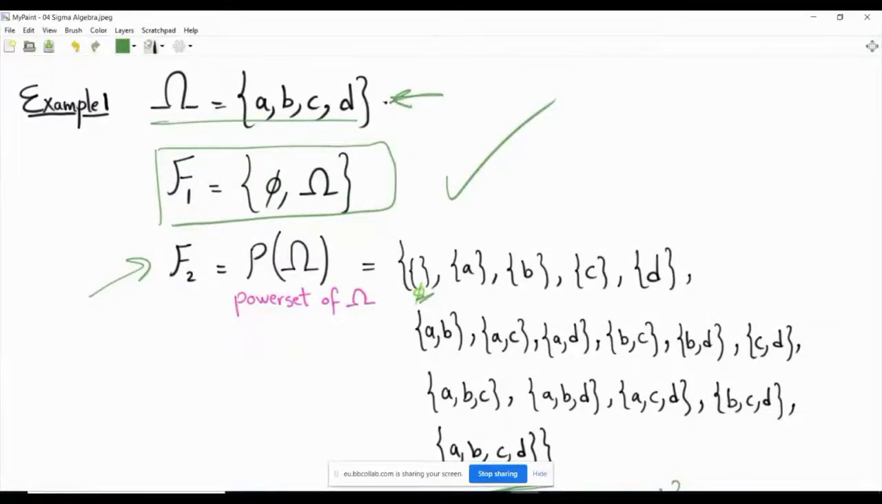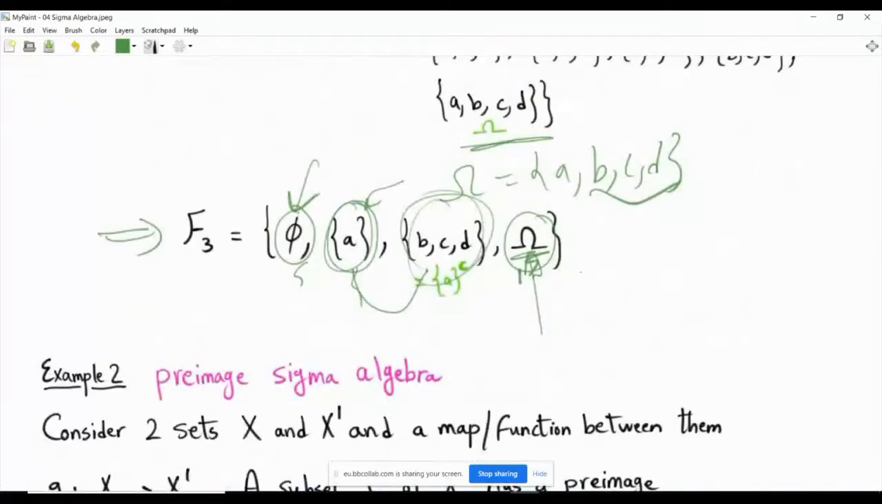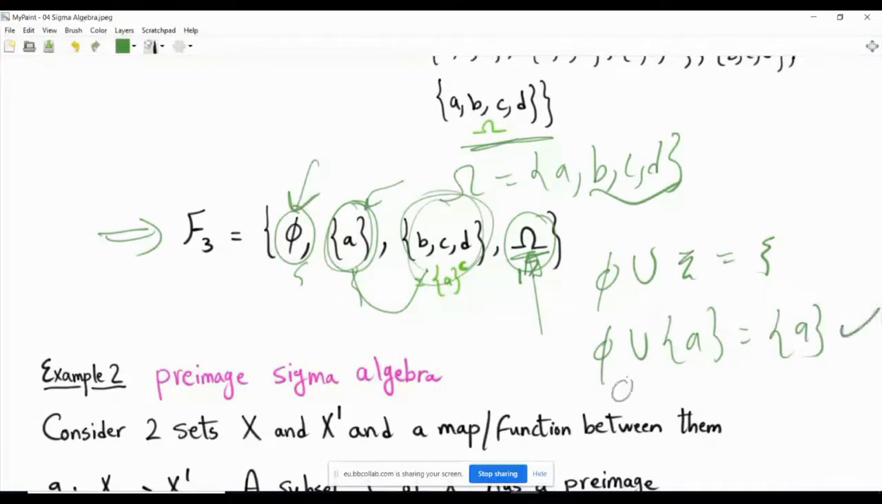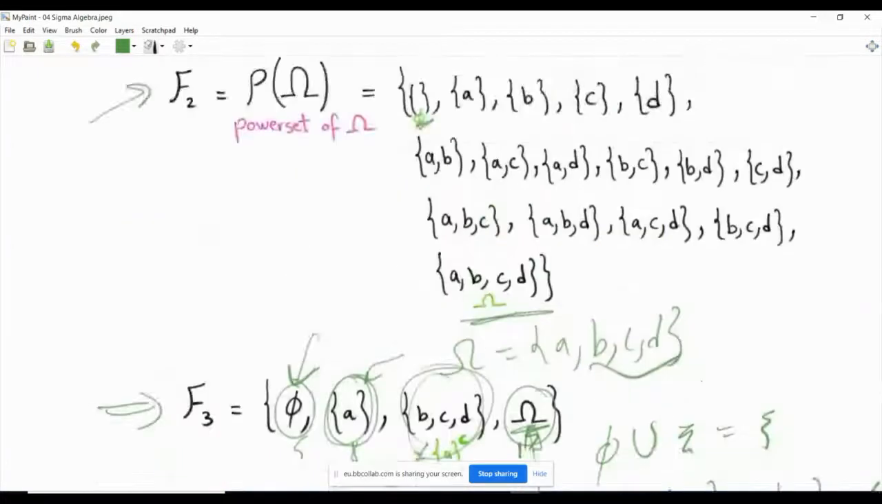The union of phi and A, okay, so that's a question. Phi union anything will be the thing itself. So phi union A is A, right? That's the union, and it is there, okay? And phi union BCD is BCD, and so it is there, okay? So everything is there. Now,